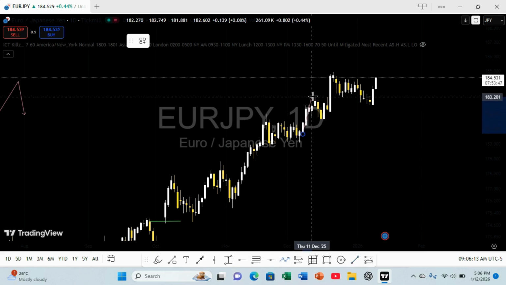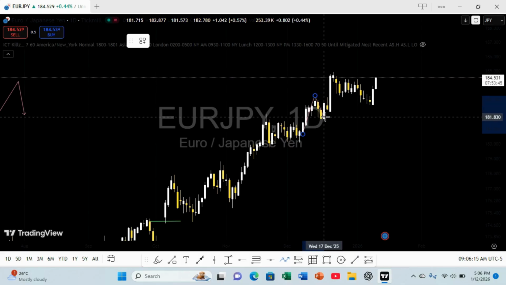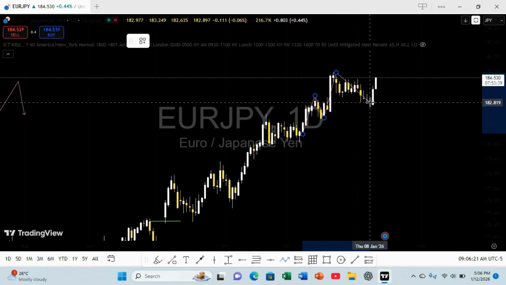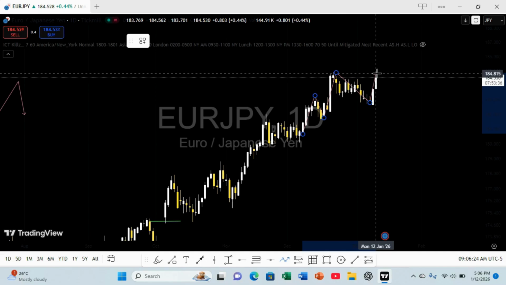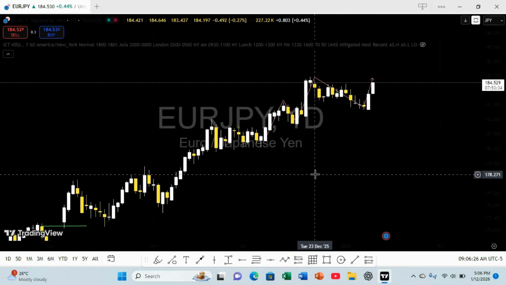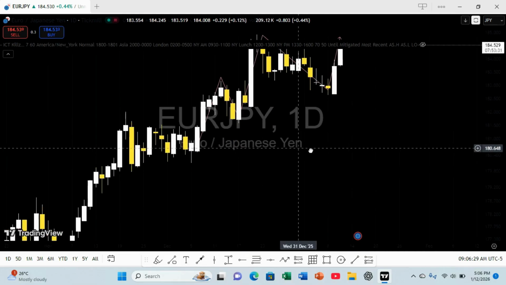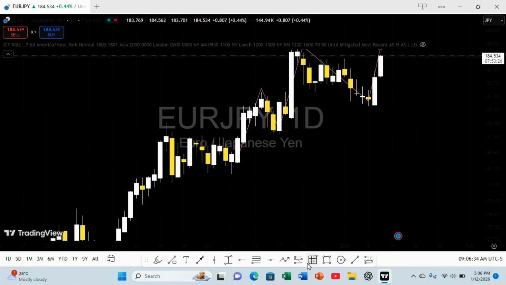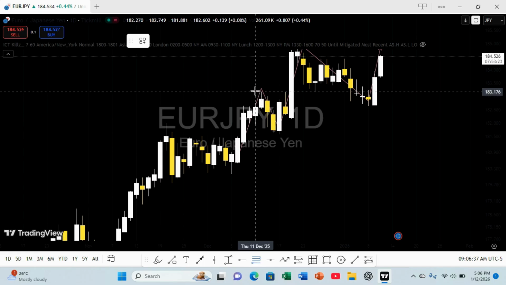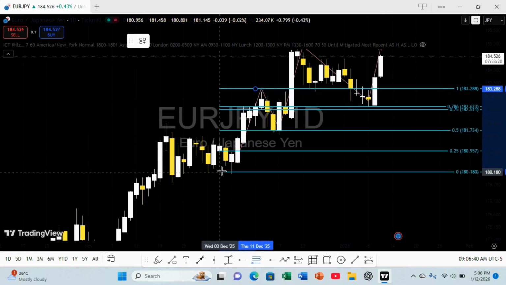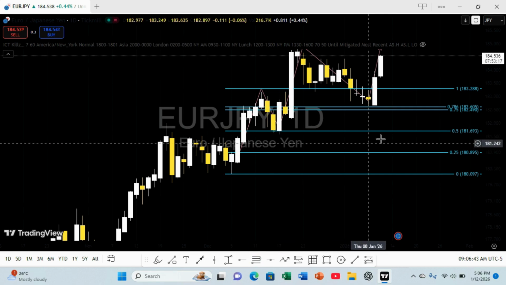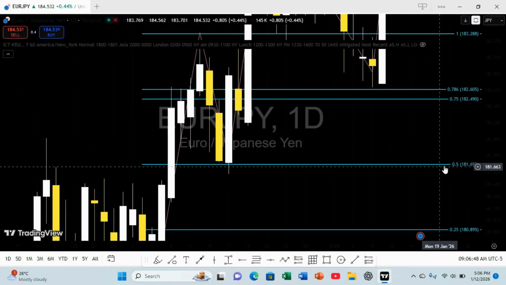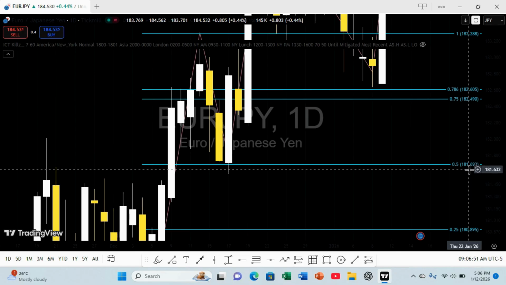We have a higher high from there, a higher low, a higher high, a higher low, and also a higher high. So I want you to measure the price in this zone here. When you look at this price, it came and tapped into our 0.5 level, which was at a price of